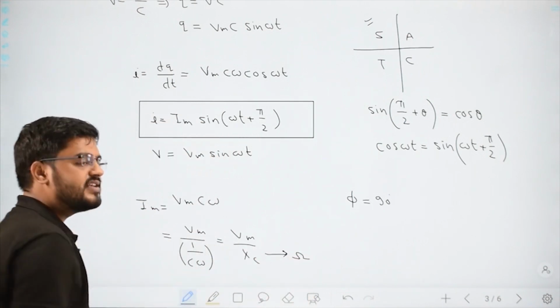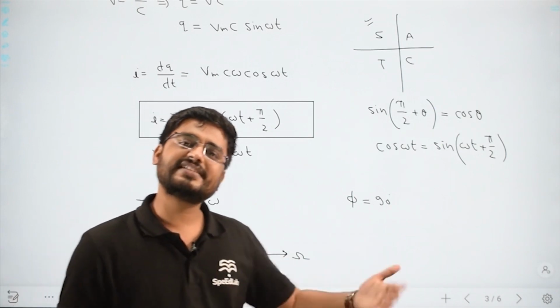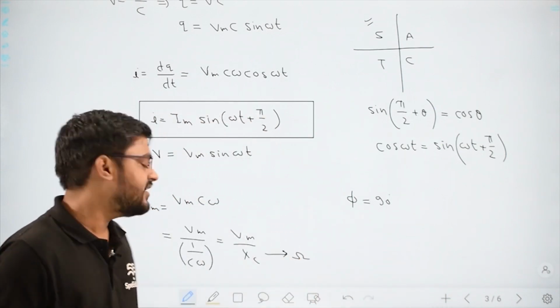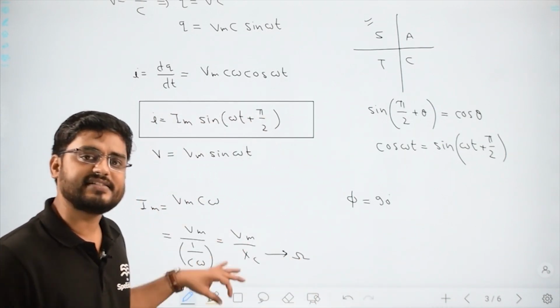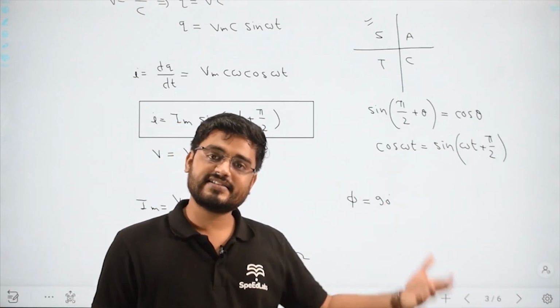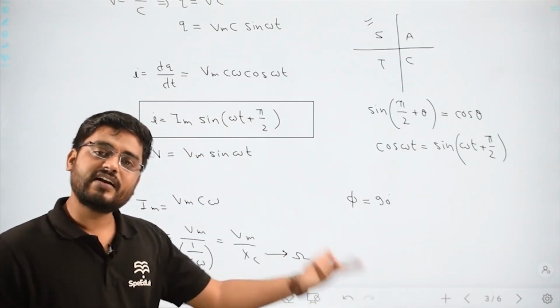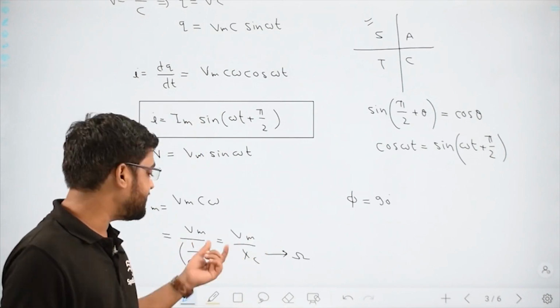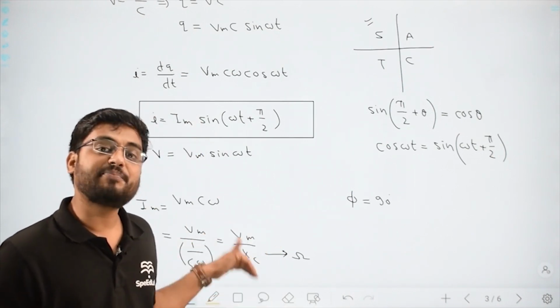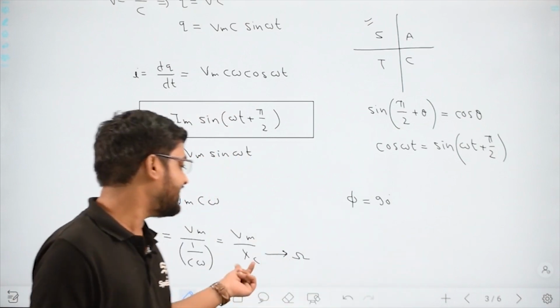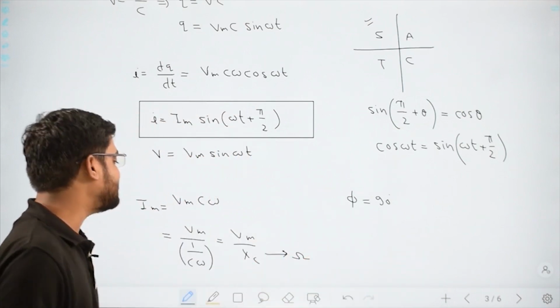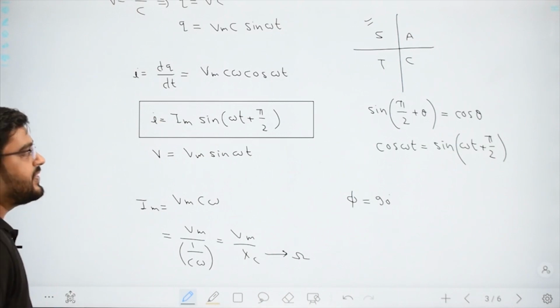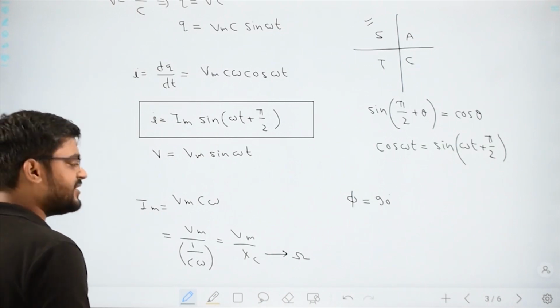So this is similar to a kind of resistance which is offered by a capacitor, but we don't call it resistance. A resistor offers resistance, an inductor offers inductive reactance, and at the same time a capacitor offers capacitive reactance. So these are reactances offered by a capacitor. The SI unit is ohm only. Now let us recollect all the information and move back.